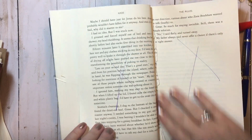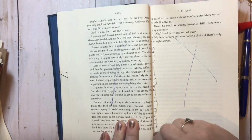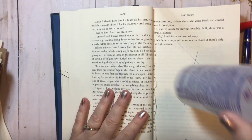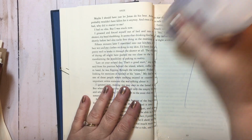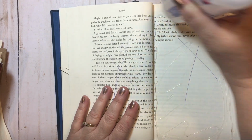All right, so, I'm gonna see if I can rip a little more of this out. You know what? Nope, because I feel like it's gonna mess up. So I'm gonna go ahead and leave that. I'm gonna go ahead and glue my pages together. I'm very excited to finally get to start this process,